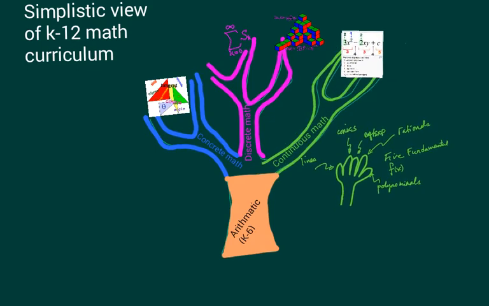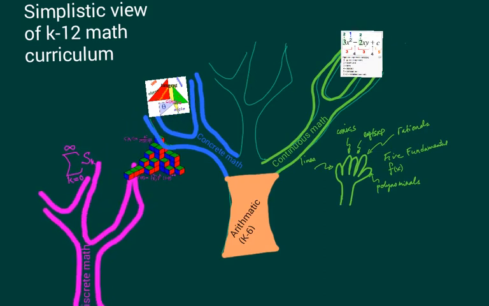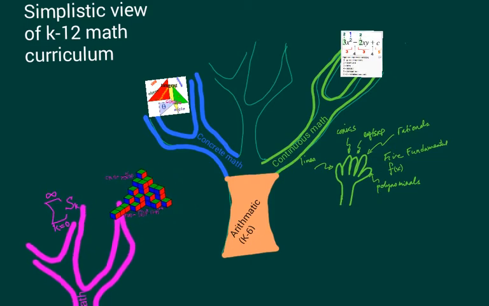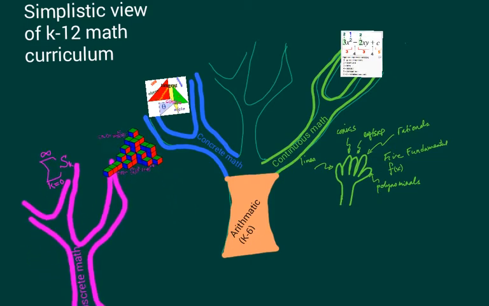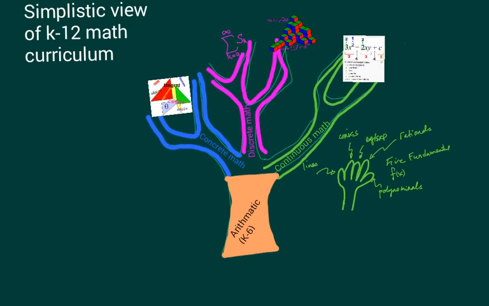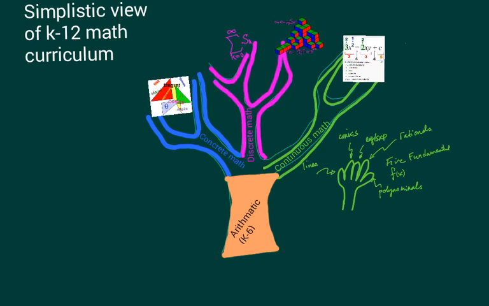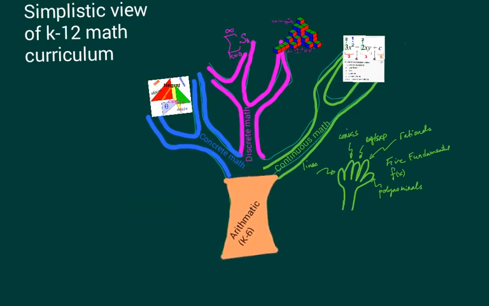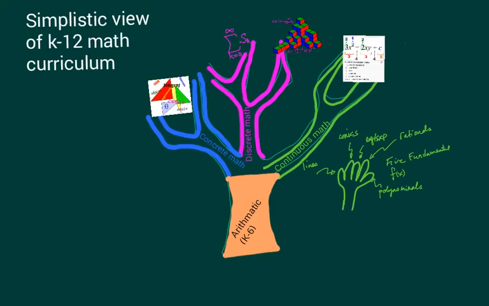And then, of course, there's a little branch of discrete math where we're dealing with discrete objects. The subject matter is more of accounting. This branch later on evolves into set theory, numeric analysis, information theory, computer science and probability. It's a very powerful branch and continues growing. That, of course, you have to pass through the arithmetic from K through 12. So in the grand scheme of things, the 3 branches are all we're dealing with in K through 12 math.